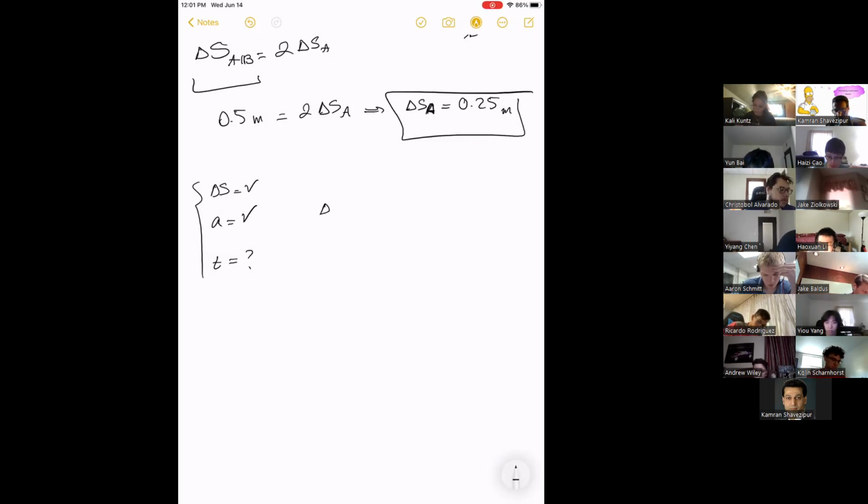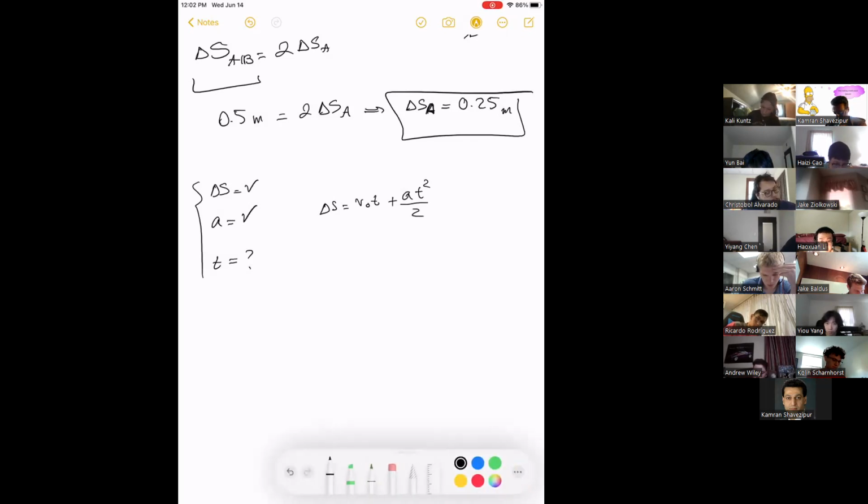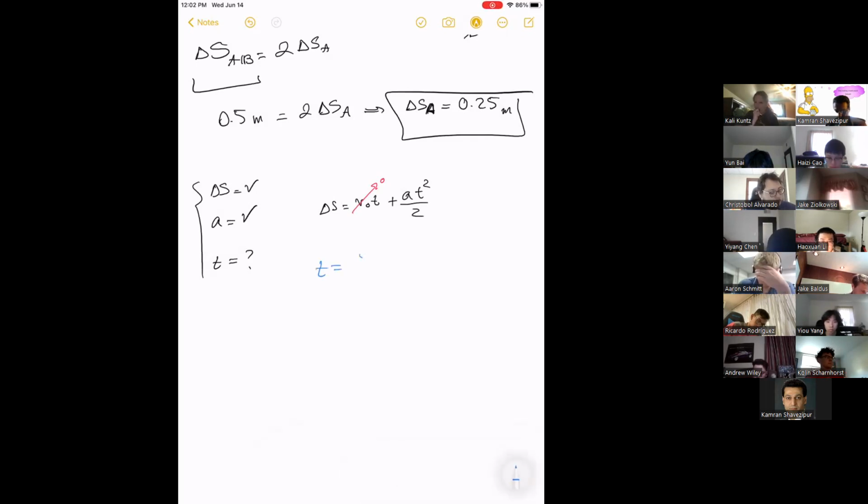So can I say delta S is V0T plus A T squared by 2? Because it's constant acceleration moving on a straight line. And if I do that, the whole thing starts from rest. So V0 is 0, which means then your T is going to be the square root of 2 delta S divided by A. And if you calculate that,